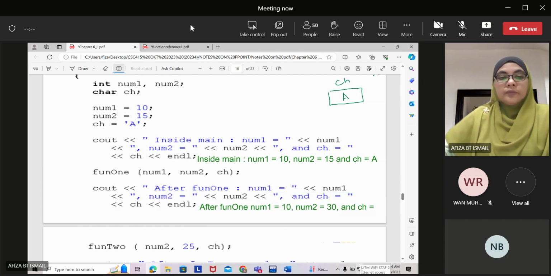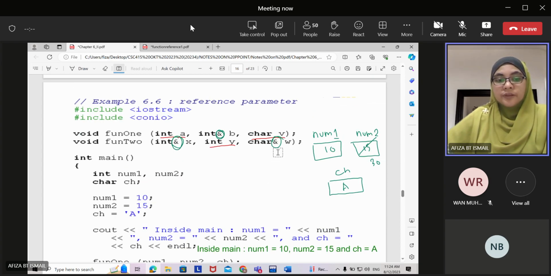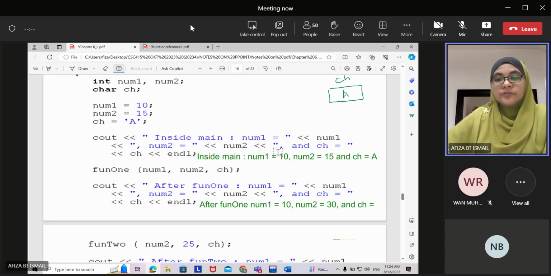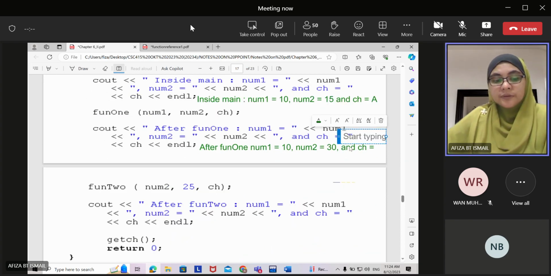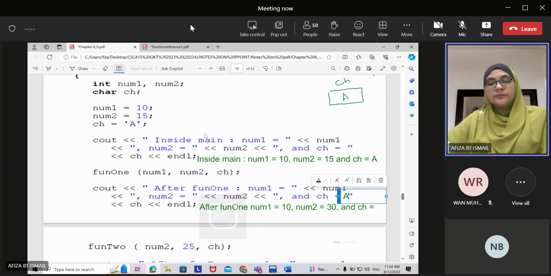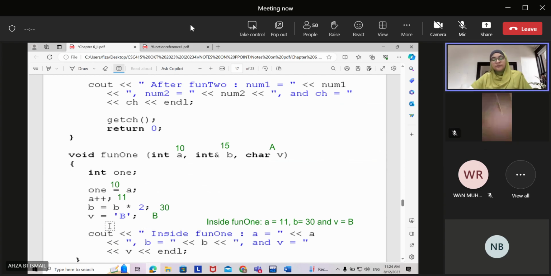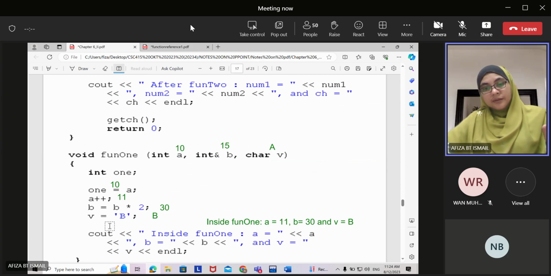Right. And then for the CH is also passing by value. Okay. So the value of CH doesn't change. So it is actually remain the old value which is A lah. Even though dalam fund 1 ni you tukar value the B, okay, tapi sebab since passing by value, the actual parameter